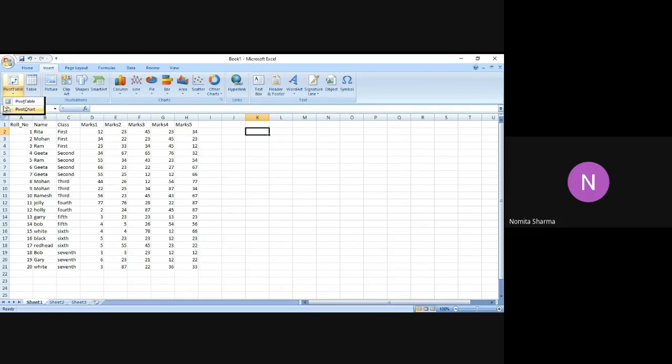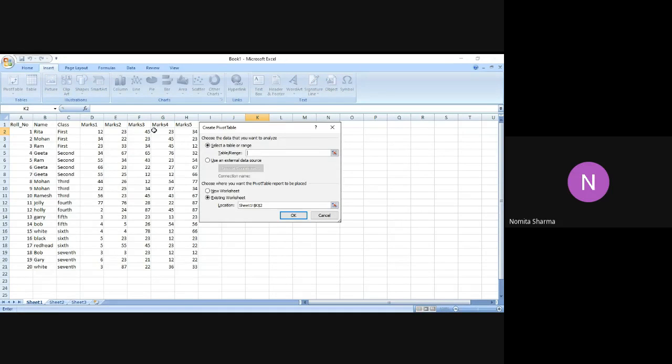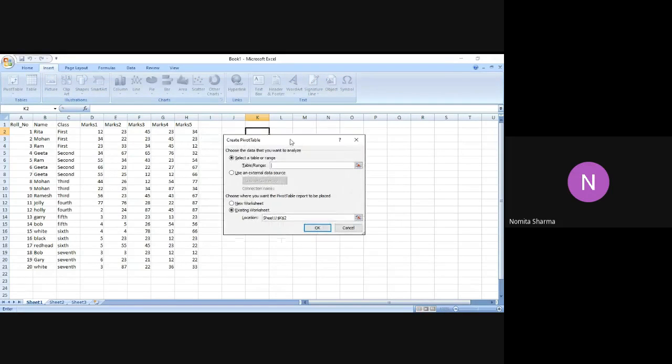I will click on pivot table, and this box will open, and it says create pivot table. It has given me 2 main options: select a table or a range from where I want to make a pivot table. That means it is asking me the area of the master table from where I have to fetch the data to be used in the pivot table.